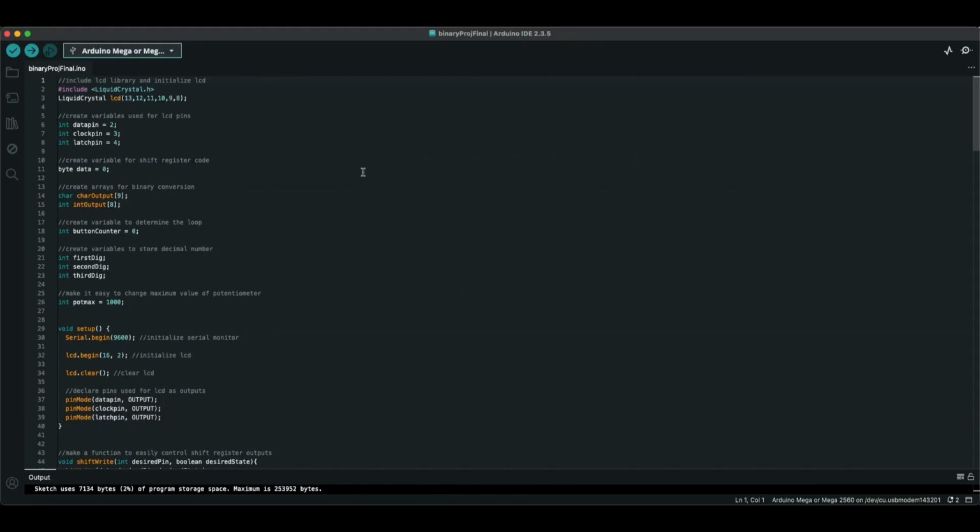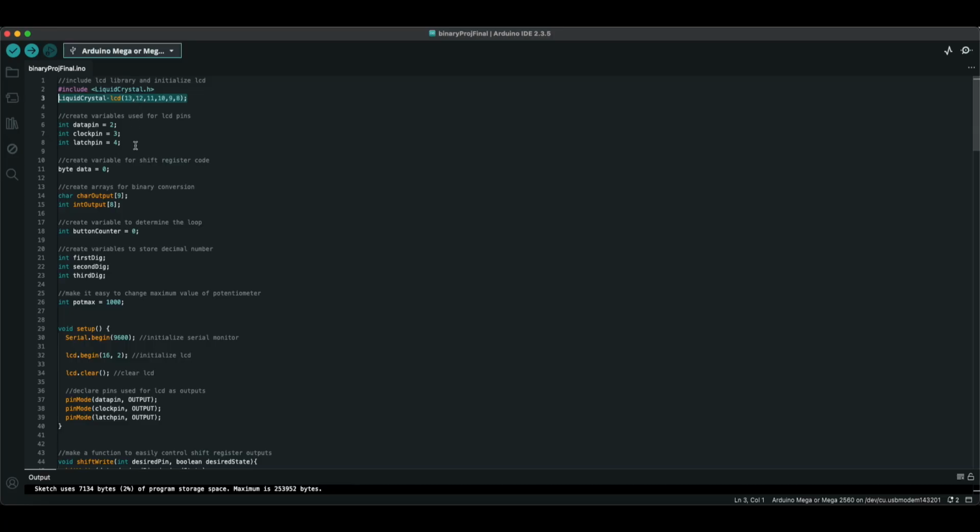The next thing I'd like to show you is my code. It's written in Arduino's modified version of C++ on the Arduino IDE. First thing I do here in my code is I include the liquid crystal library. This just includes all the functions from Arduino that I'll need to control the LCD. And then here I am using some of those functions to initialize the LCD, let it know which digital outputs